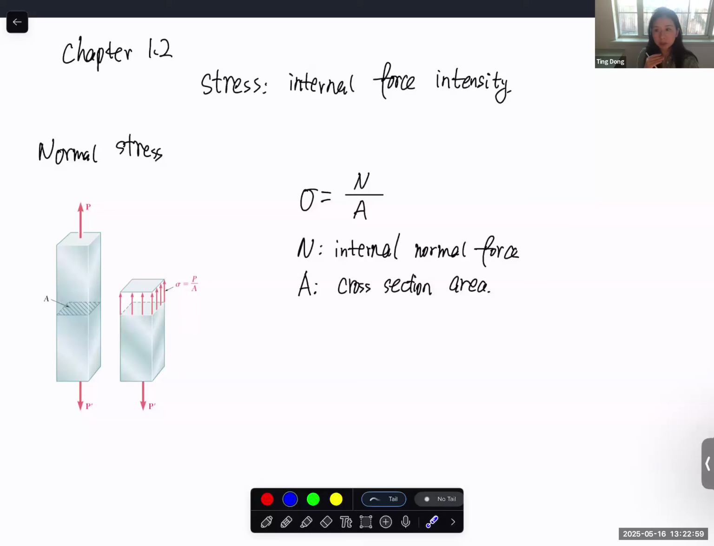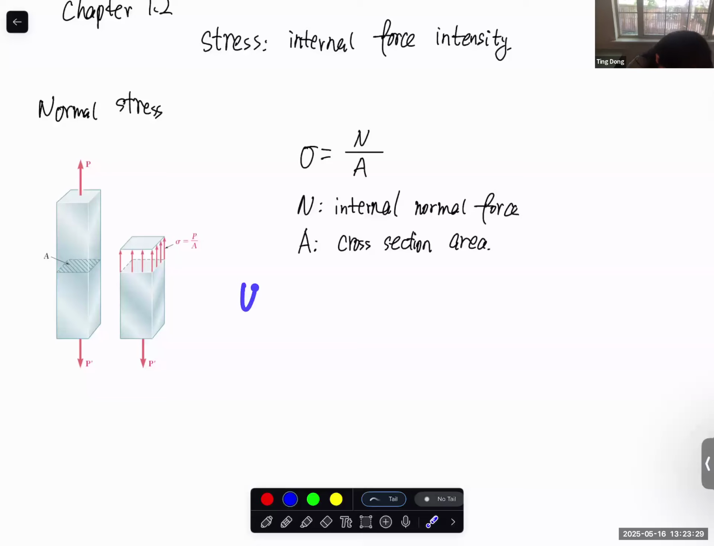But because this variation is very small, especially towards the middle section of the bar, the variation gets smaller and smaller. So as engineers, we're not scientists here. As engineers, we can safely assume that this normal stress is uniformly distributed over the entire cross section, and is equal to the normal force, calculated from statics, divided by the cross section area. And the unit, since it's force over area,